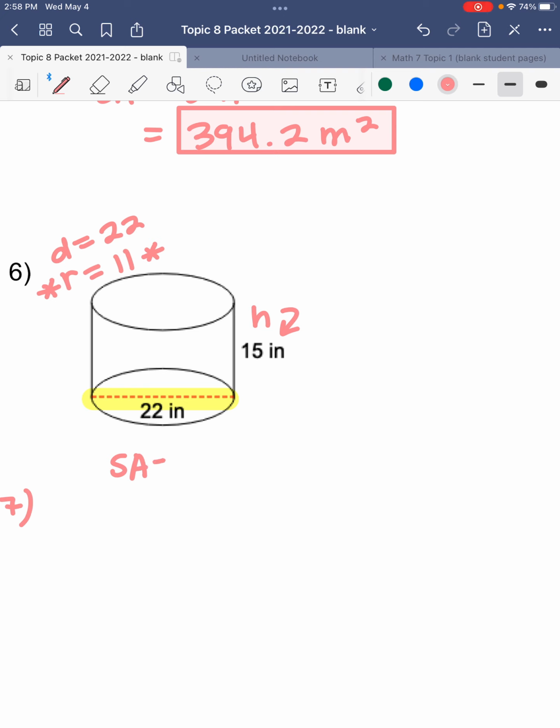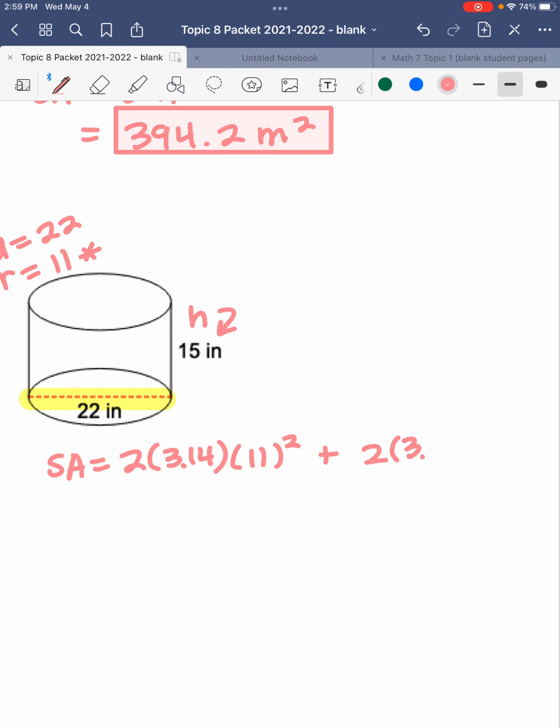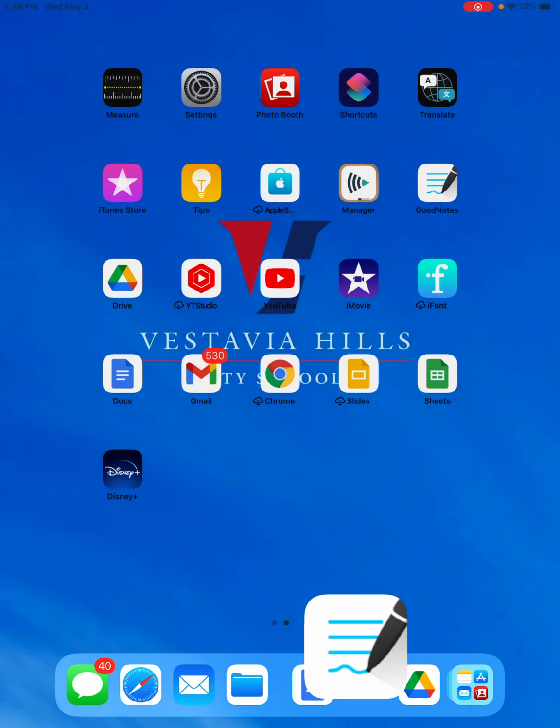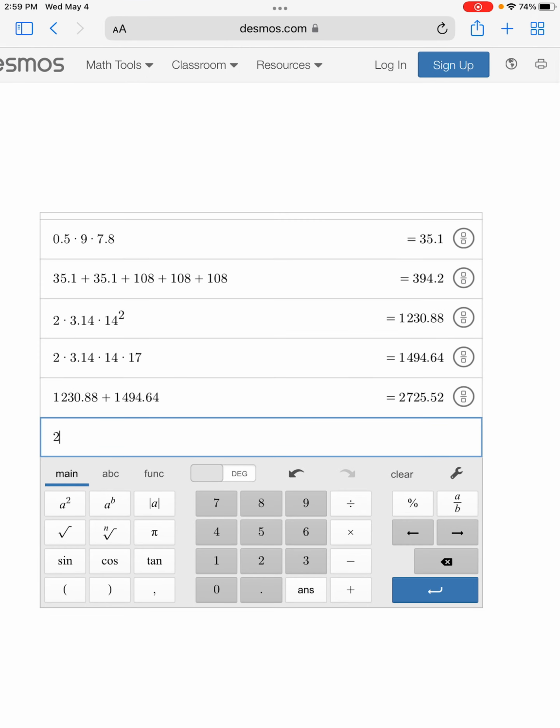So now that I know my radius and my height, I'm ready to use my formula. So surface area is 2 times pi, so 3.14, times my radius squared, plus 2 times 3.14 for pi, times my radius, 11, times my height, 15. And now I'm ready to plug things into my calculator. So I'm going to start with this first piece right here, 2 times 3.14 times 11 squared. So back to the calculator, 2 times 3.14 times 11, hit that A square button to square it, and I get